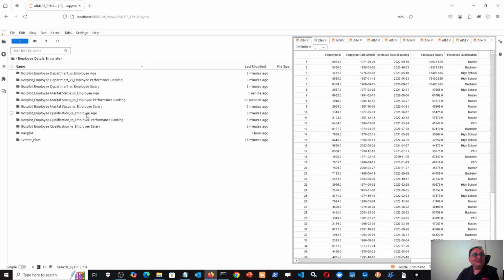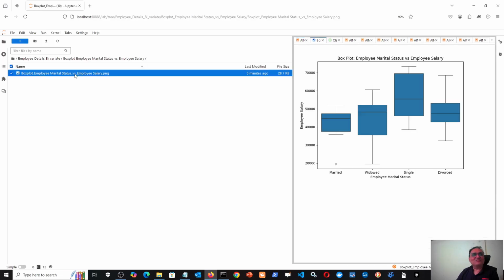Okay, then here, marital status and salary. Before that, marital status and performance we have seen, no? Marital status and salary: now that is not a very important thing, but you can see your organization is paying married people around this much salary, while widowed people, whose performance was found wanting, are getting a higher median salary, which is interesting. Single people are getting the highest salary, and divorced people are again getting a median salary of around 55,000. So there is a slight anomaly here, and this is a bigger anomaly: widowed people's performance was lower, but their median salary seems to be high. Okay, then